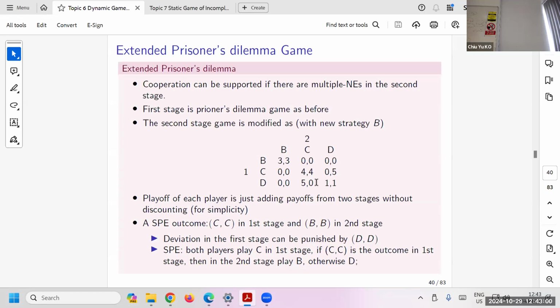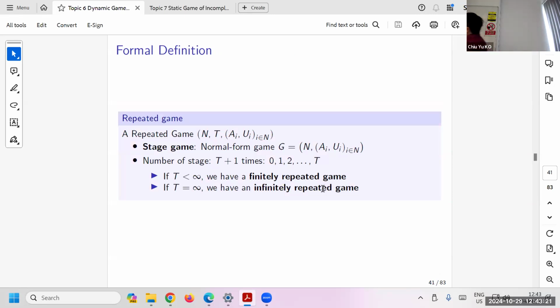So that gives you some idea, right? Why when you talk about international agreements, they need not be efficient, right? But they can serve as the benchmark or the punishment or the reward so that you can lead to a better outcome. So that would be the moral from this exercise, okay? And here we have the formal definition of finite game and infinite game, right? Finite game is something we can solve by backward induction, right? And if it is an infinite game, then the problem is